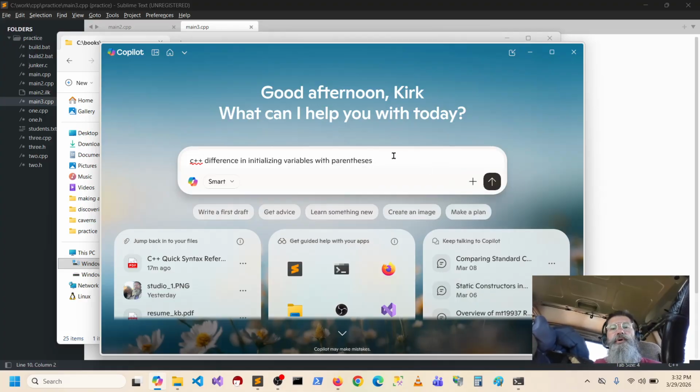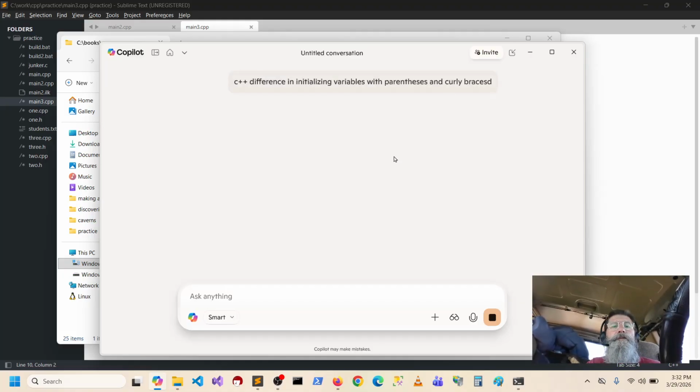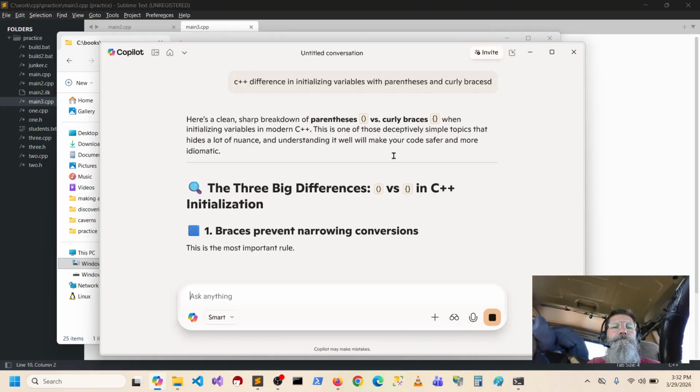Okay. And curly brace. Oh, come on. Okay, braces prevent narrowing conversions.